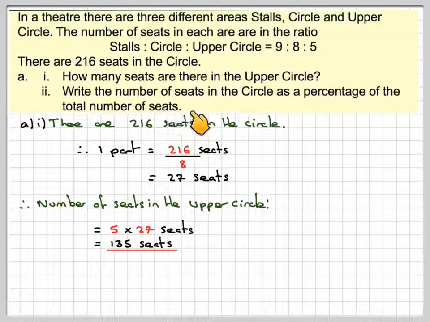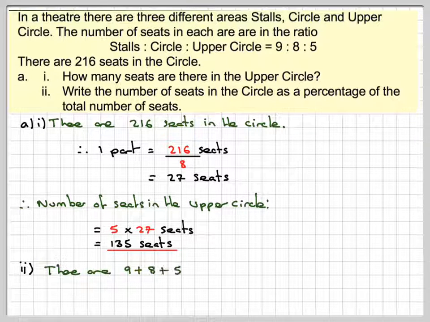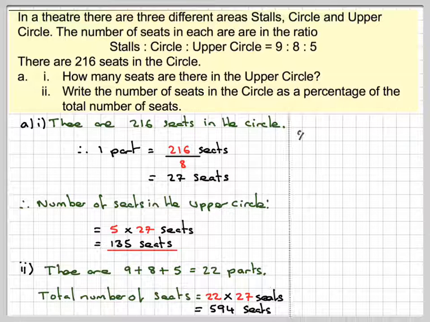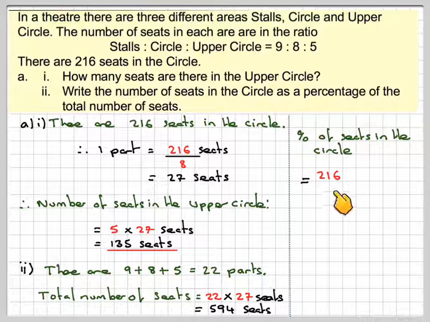Now we need to write the number of seats in the circle as a percentage of the total number of seats. Well, there are 9 plus 8 plus 5, which is 22 parts, and therefore the total number of seats in the theatre will be 22 times 27, because one part is worth 27, which gives me 594 seats. Therefore, as a percentage, the seats in the circle are 216, because we were told there were 216, divided by the total number of seats, which is 594, times 100, which gives me